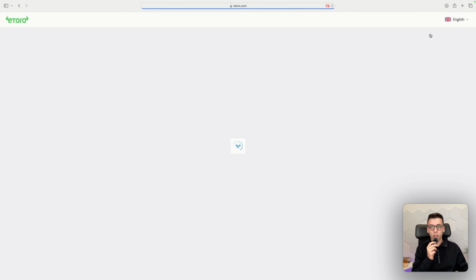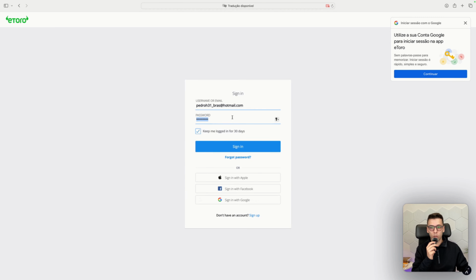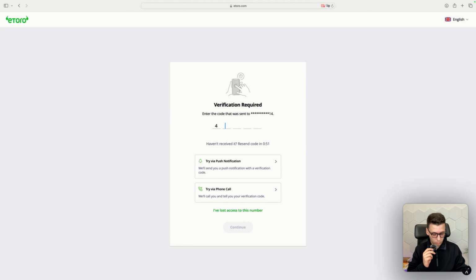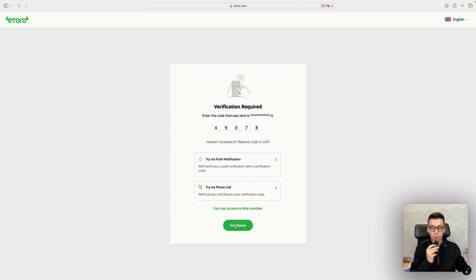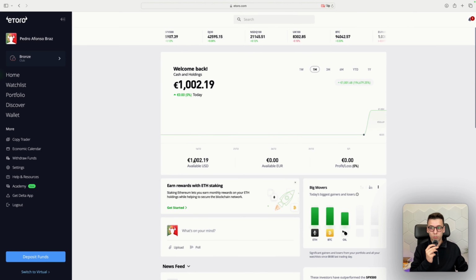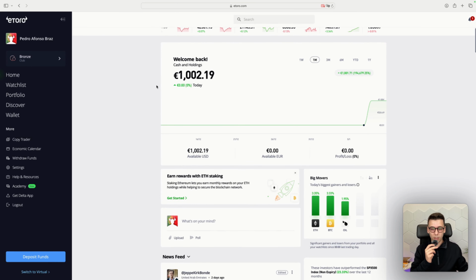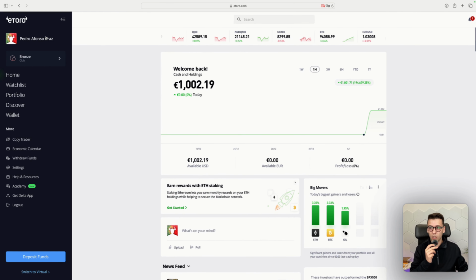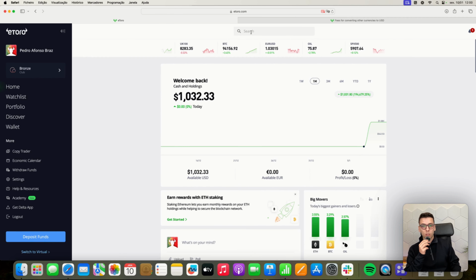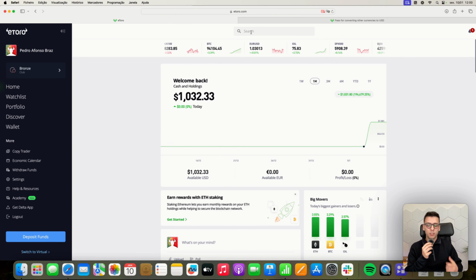Then you need to click login, you put your login details. Click continue, and now you are in your profile basically. So this is my eToro account. So if you have already deposited and you are ready to start investing on eToro's app, the first thing that